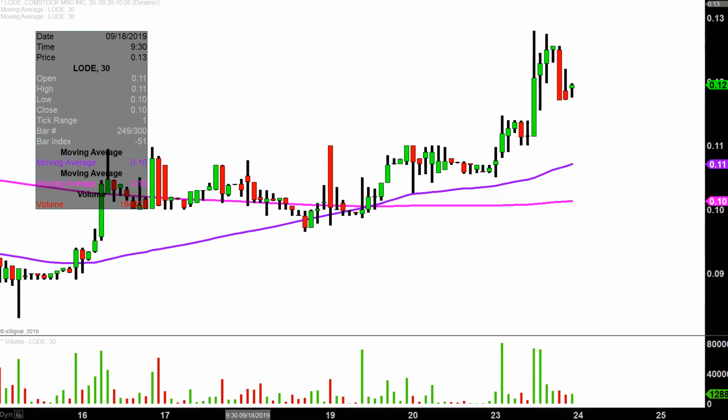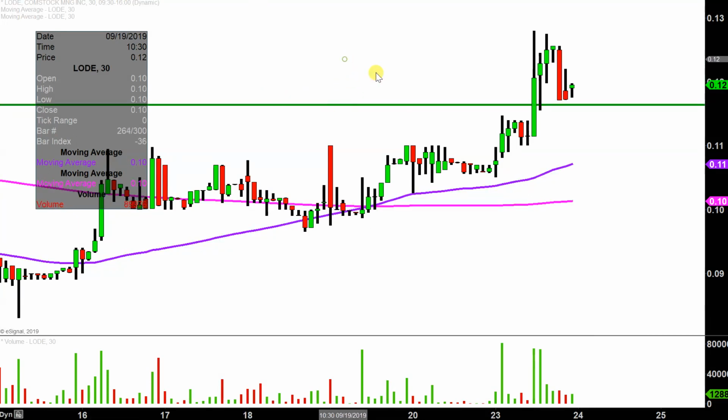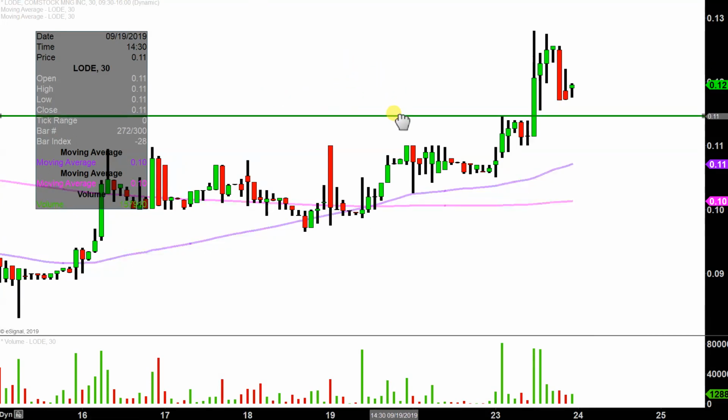So the first level of support is what I would call the ideal level. When we say, hey, Clay, what would make this chart look the absolute strongest going forward? And that would be if the price can stay up there above 11.5 cents. Now, don't get me wrong. If the price falls below 11.5, I'm not saying the entire chart's destroyed or ruined or anything like that. But yeah, if the price could manage to stay up above that level, that would definitely be a massive sign